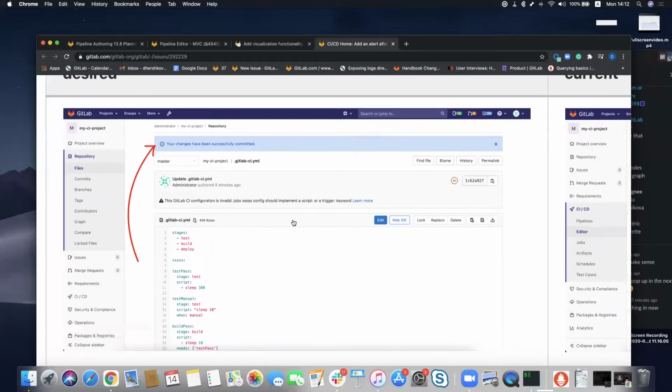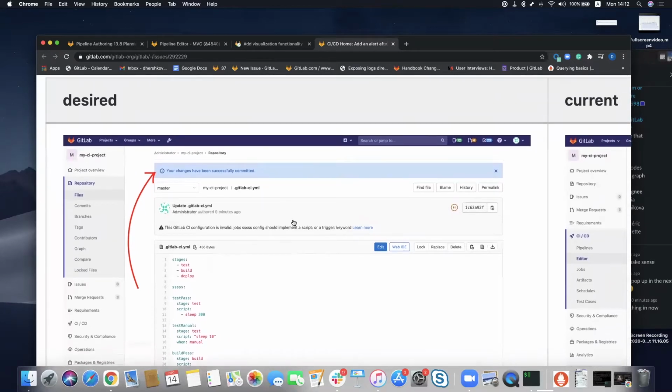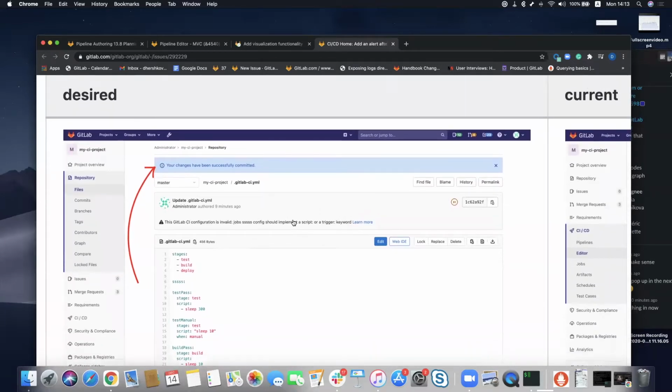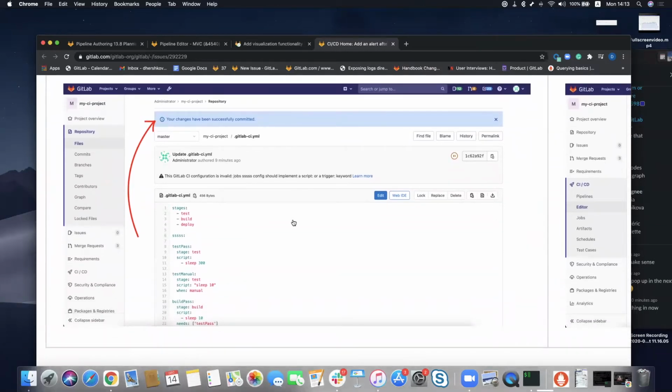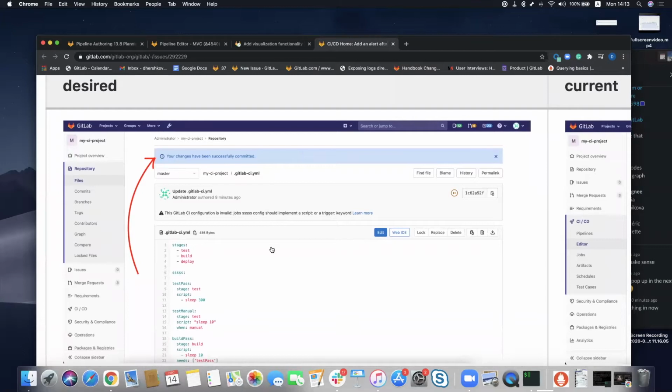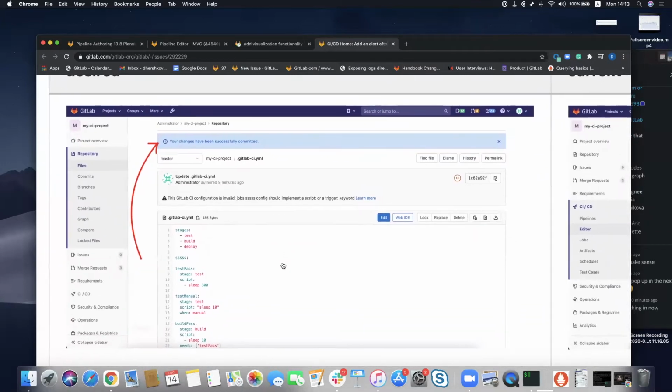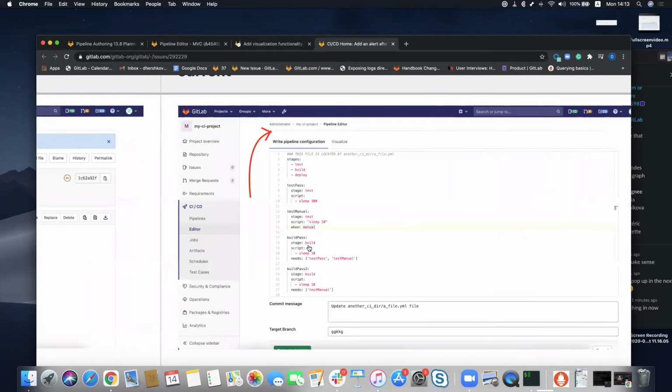And the idea here is that we are missing some sort of a confirmation to the user once the user clicks the commit button, similar to what we have today. Whenever a user hits the commit button when updating their GitLab CI YAML, they will receive a notification: your changes have been successfully committed. Without this